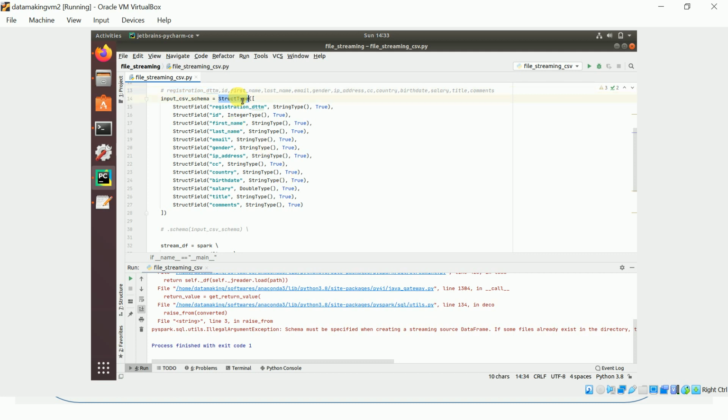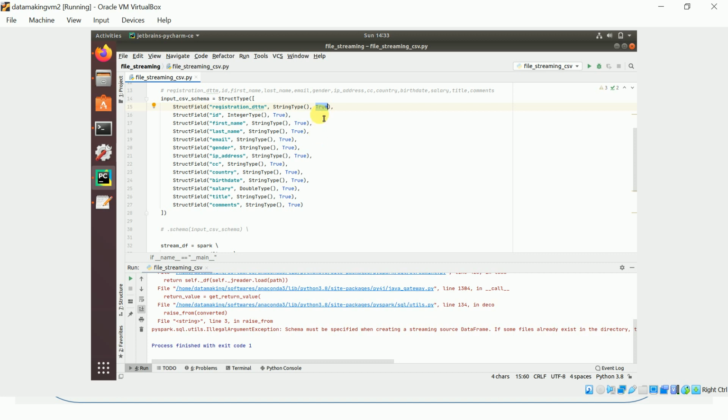The schema must be of StructType, which will have a list of StructFields. Each StructField represents one column in your data set. So a StructField has the column name, registration date time, and the type of that column, which is StringType here, and nullable true or false.